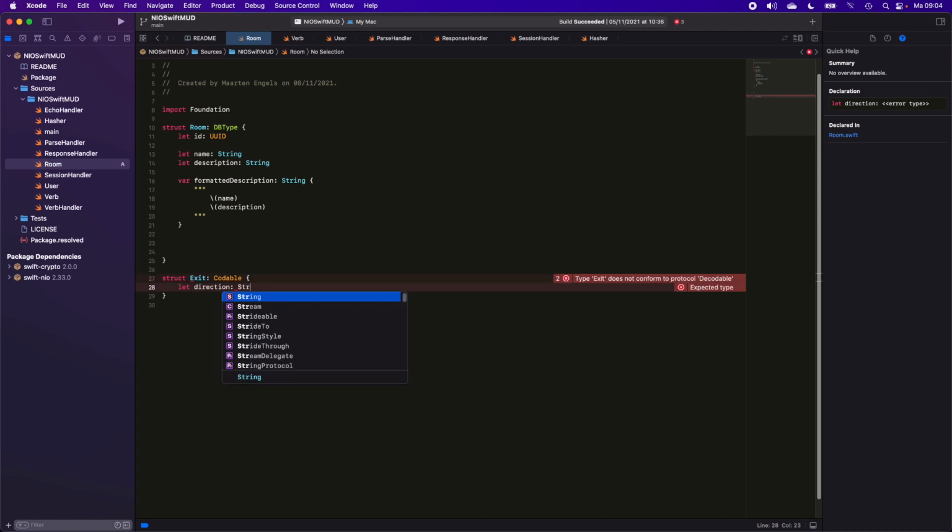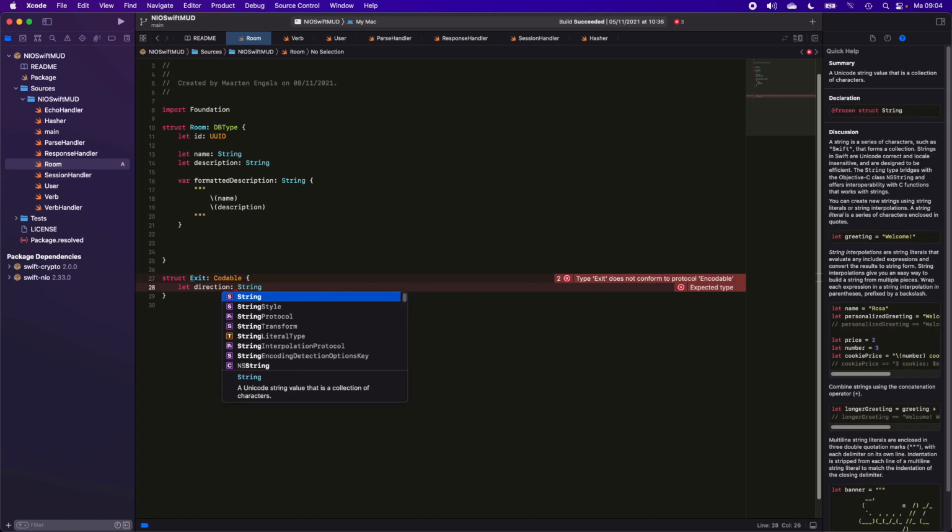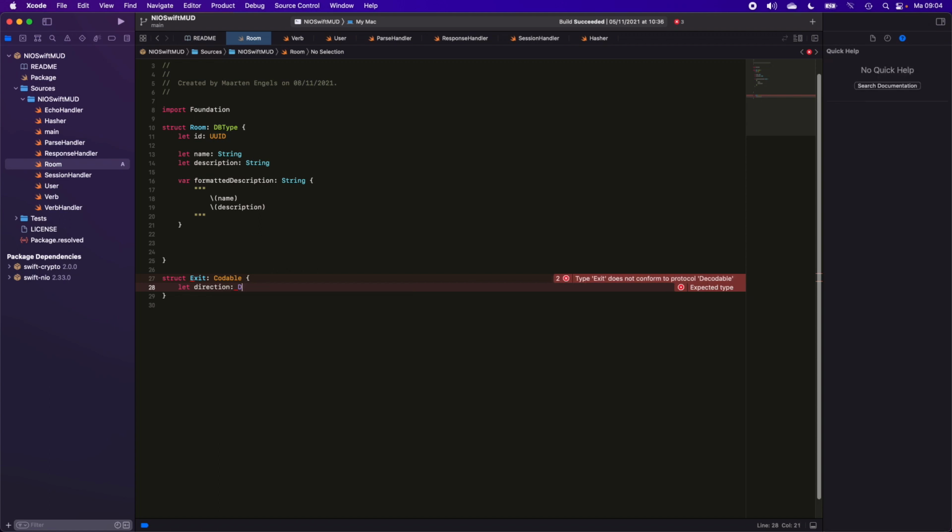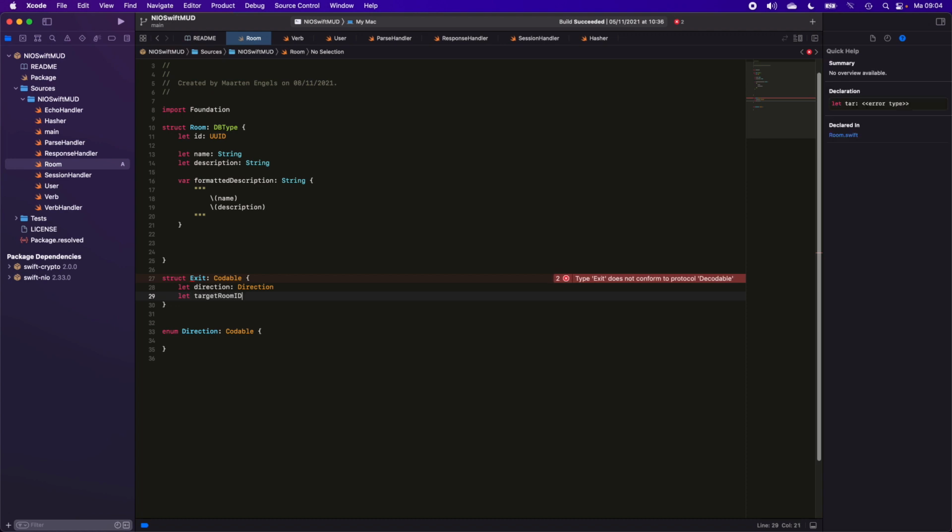Do we want a string here? No, we'll create an actual Direction. So we have a direction, and we will have a target room ID,